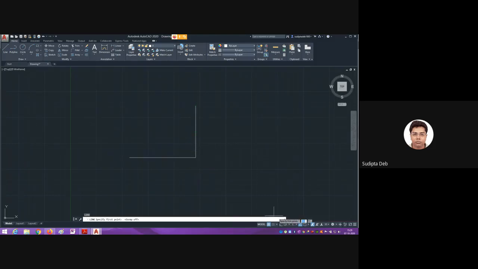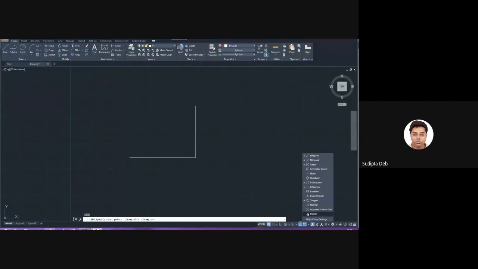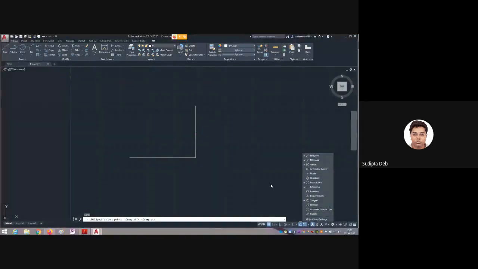That means you must turn on this object snap, and click at the corner of the object snap to select your wanted part. Depending upon what you want to do, you can select these things. So right now it is selected.